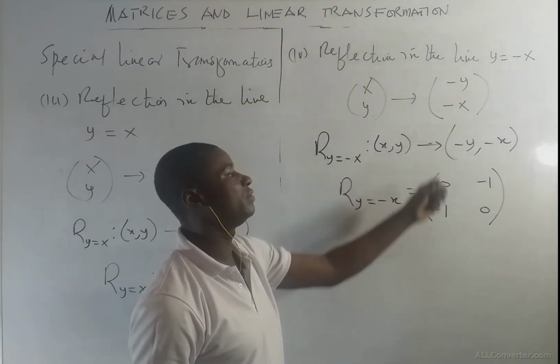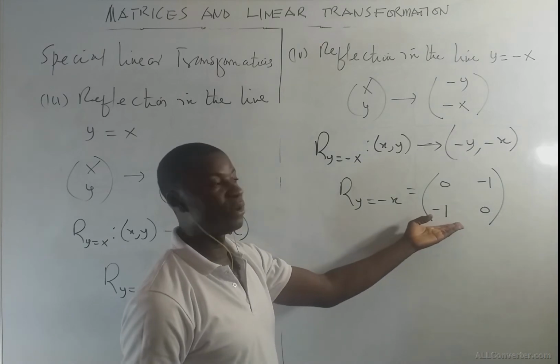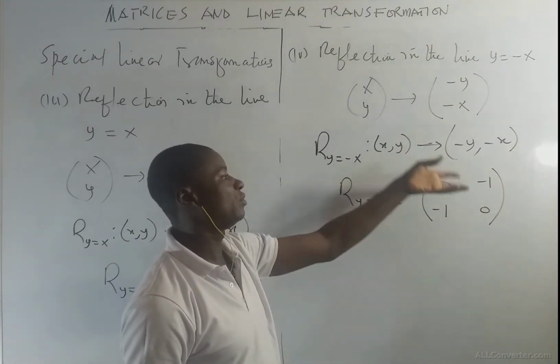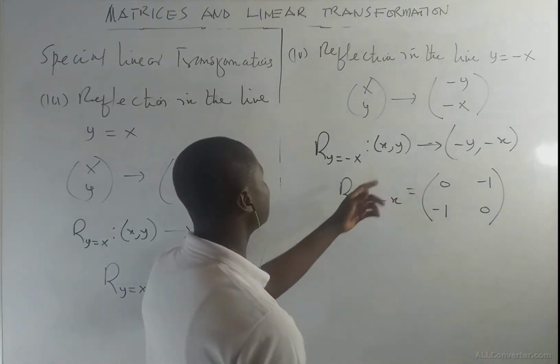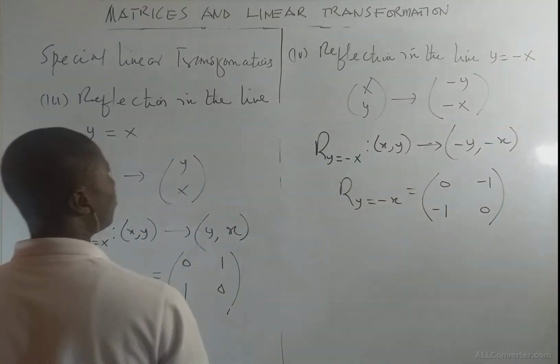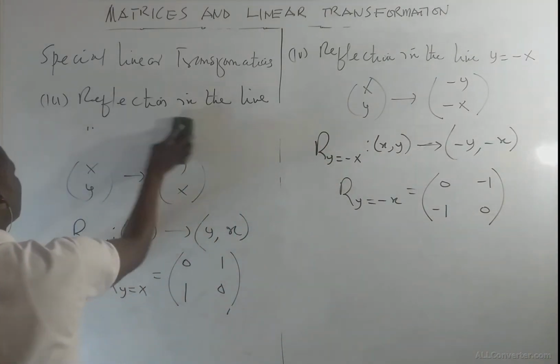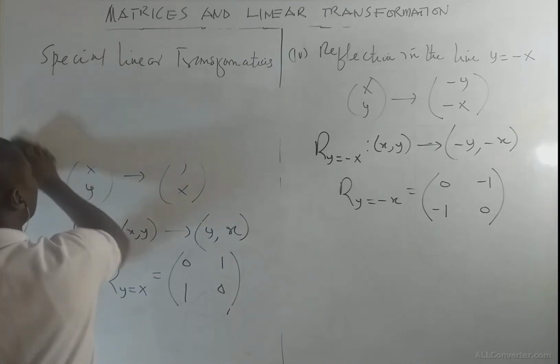So if you know how to generate them, there is no need trying to memorize them. When you can write the mapping, you can generate the matrix. So that is reflection in the line y equals -x. Now we are also going to look at